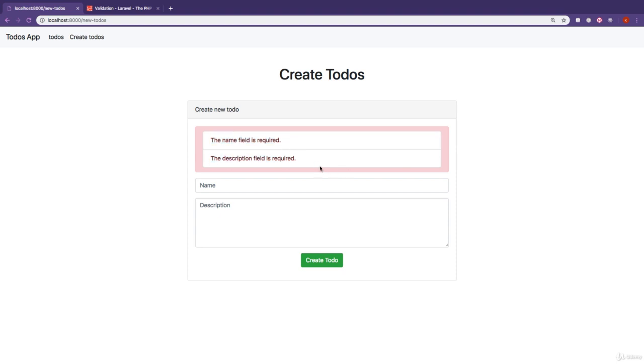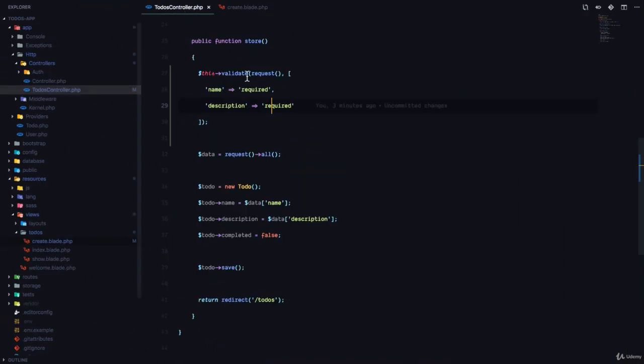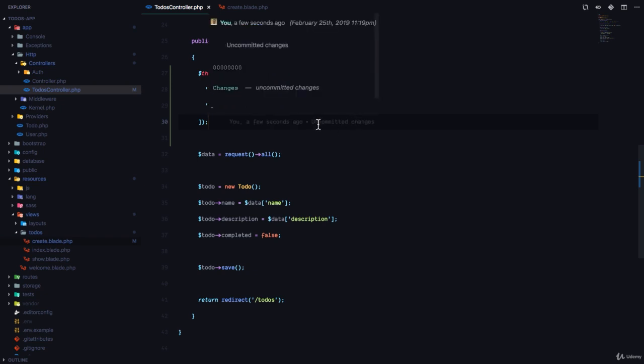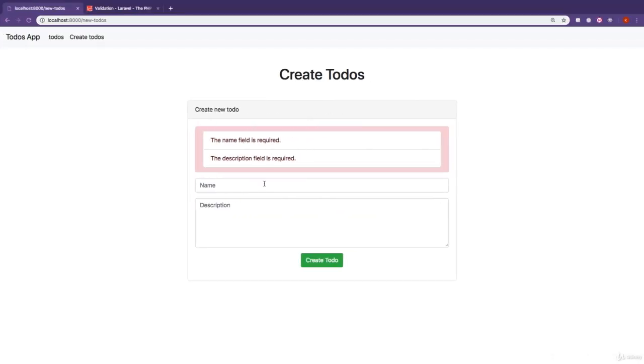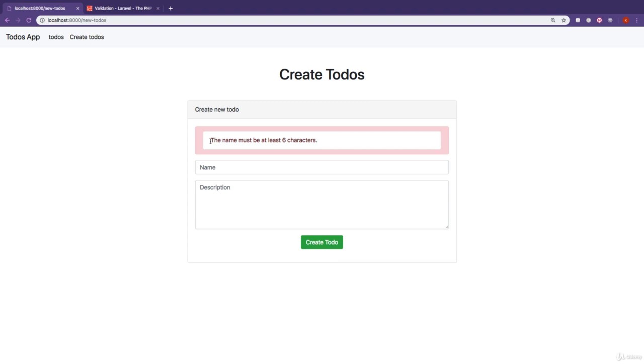Now, what if we wanted some more validation rules? Here's what we can do. We can come to the to-dos controller, and using a pipe, we can add more validation rules like a minimum of 6 characters or another one, maximum of 12 characters. Okay, so if we come right now and for the name, we provide 3 characters,